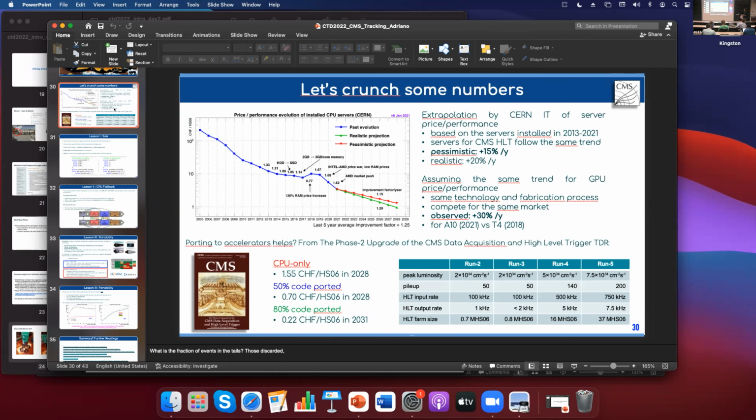Yeah, I understand. I think the question is, what is the Swiss franc per HEP-SPEC06 for CPU and GPU? How did you calculate the HEP-SPEC06 equivalent on the GPU? Because that to me is a number which is not obvious. How do you justify that? Okay,